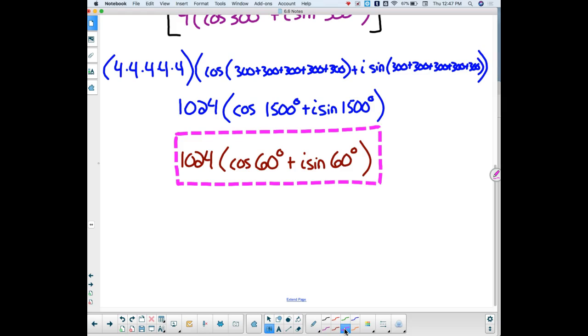And if I needed it back in standard form, I could just distribute that. Okay? Right? Okay? But it didn't. I think it just said give us the